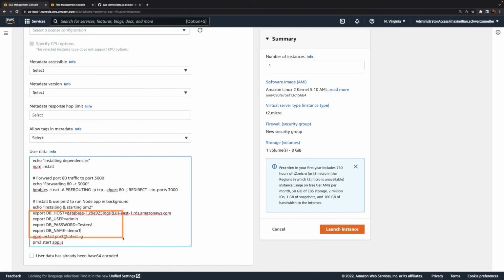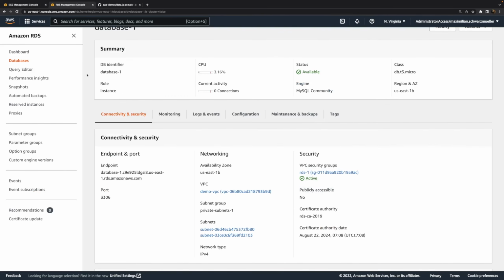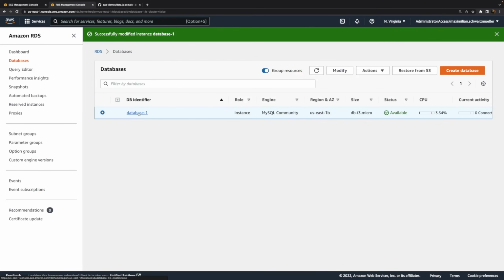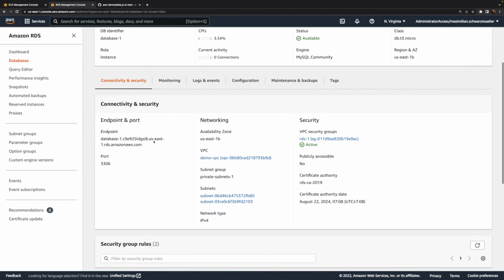Now I do need to update some values though. For one, I chose a slightly different password, and you should of course use your password here. I do use admin as a username though, and demo1 as a database name. And for the host, for the address of this RDS instance, we should go to that instance. And here under connectivity and security, you can find this endpoint.